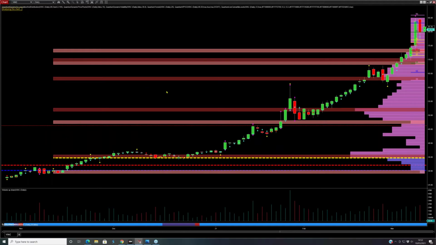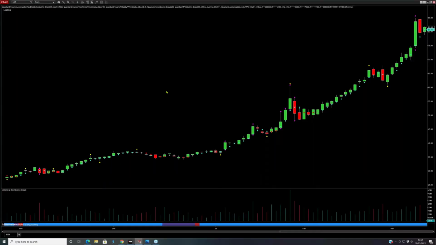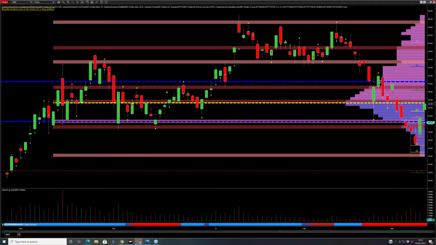Now, the other one I saw on there, going back to the bar chart, was NEO. NEO is really interesting as well. So this is the daily. We had a ton of buying coming in under this candle here. And it's also off the S3. So we have our important levels at the same time. We've actually had a gap up on it, but it's gone straight into the volume point of control. But it was sparked by the bar chart, because obviously there was unusual volume going into NEO.